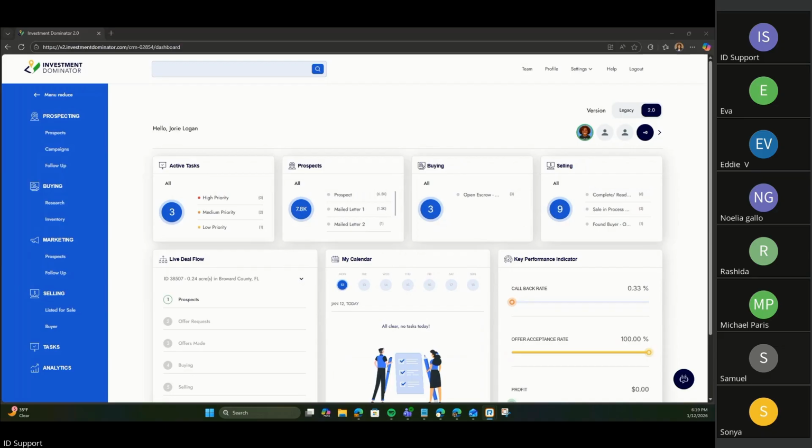Okay, yes, there is an Investment Dominator mobile app, and it's available in Google Play and the Apple App Store. And Pat, I'm sorry you can't hear me. I don't know what's happening there. I turned myself up. I don't know if that was helpful at all. I thought my levels were kind of low. Okay, but things people can. Okay, oh, thank you, Noel. Okay, so that is Investment Dominator in a nutshell.